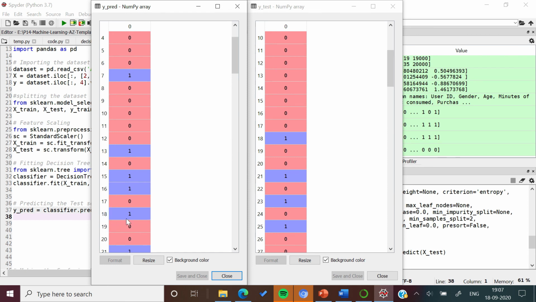For row value 18, our predicted value and actual value is same. Model predicts that the user is going to purchase the product, and actually the user has also purchased that product. For row number 21 it is same, for row number 23 it is same, but for row number 25 it is not same. And in that way we can compare the value of ypredict and ytest. By having this observation, it appeared that the model performed pretty good. But in order to analyze the performance of classifier properly in a mathematical way, we have some quality metrics like confusion matrix, precision, recall and accuracy. We will discuss all these concepts in our next video session.